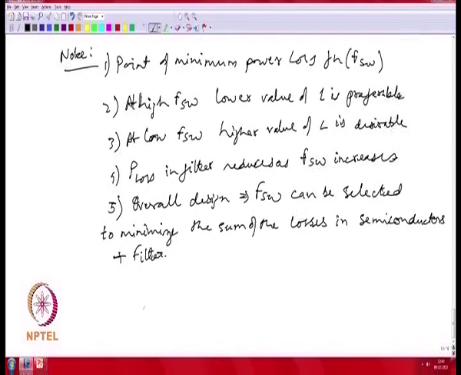So, you could select your frequency to minimize the sum of the losses in the semiconductor plus filter. If you look at the overall characteristics, you can think about the total power loss